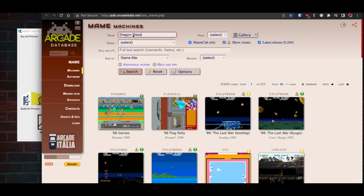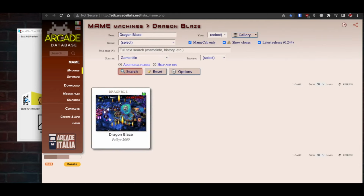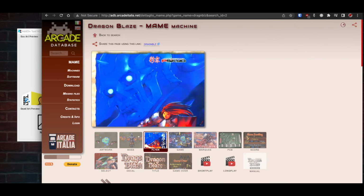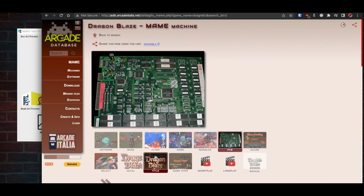I'm going to show you a real cool site. It's the arcade database. Search for a game in the name field and hit search. If the game exists, it'll show you, and you can click on the tile and we'll bring you to a separate page where it will list all the flyers, the game, the marquee, the scores, the PCB, and the video